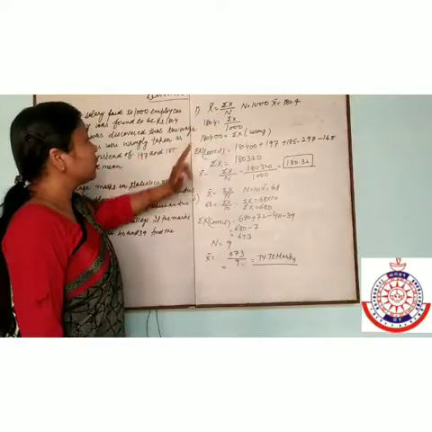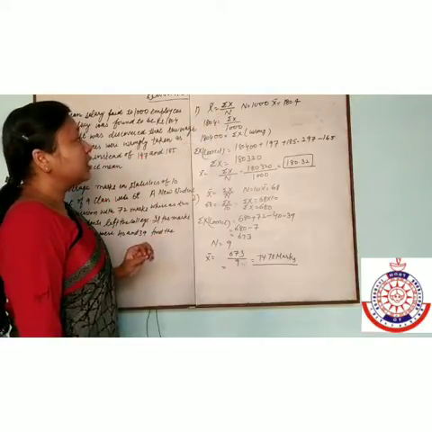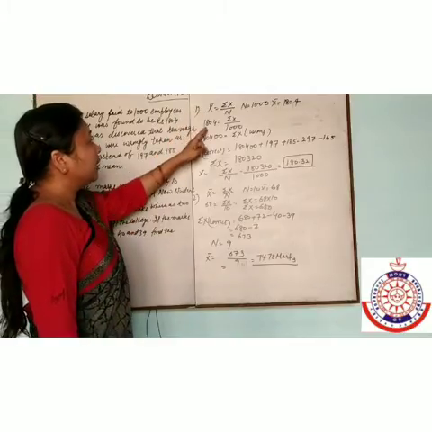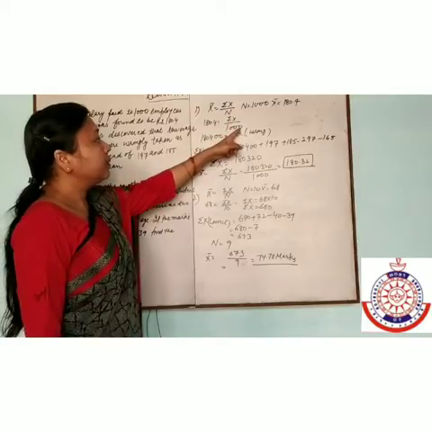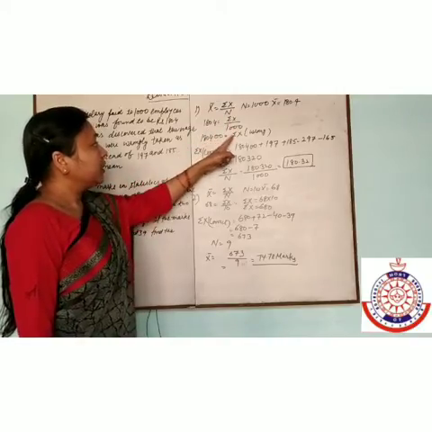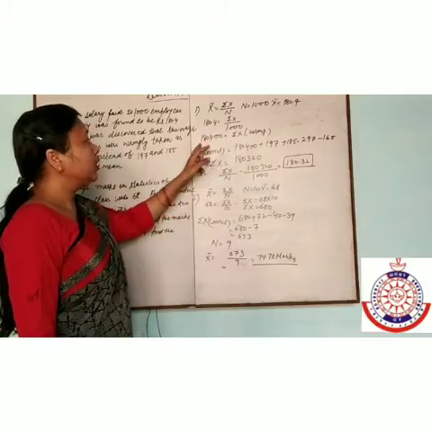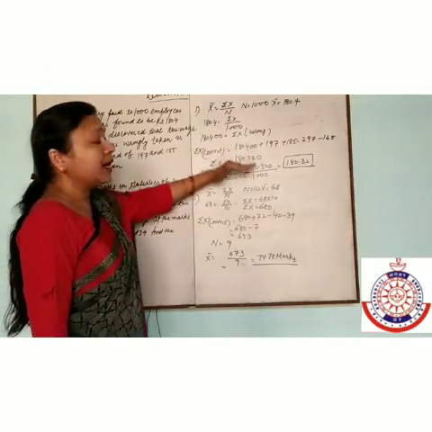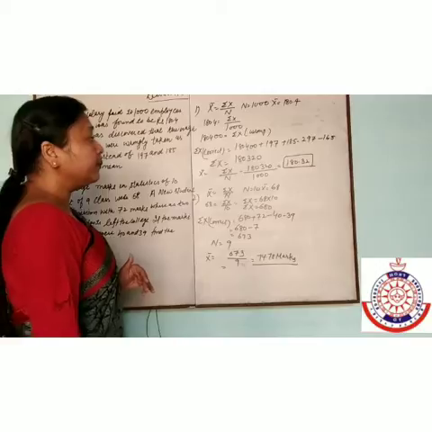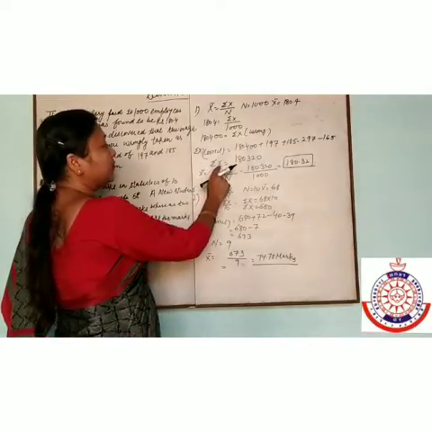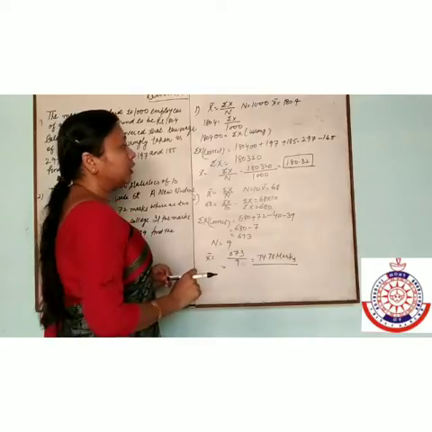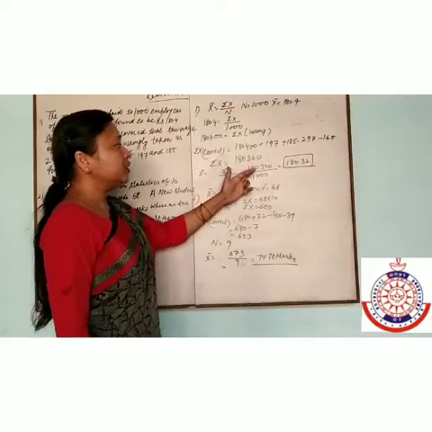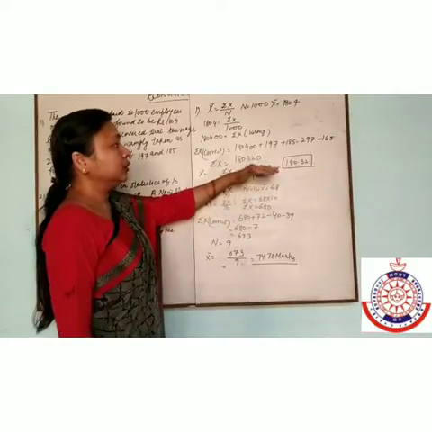First, x bar is equal to summation of x by n. Here n is equal to 1000 and x bar is equal to 180.4. So 180.4 is equal to summation of x divided by 1000. Cross multiply, then summation of x wrong is equal to 180400. For correct summation x, we will add the correct value and subtract the incorrect value. Then summation of x is equal to 180,320. X bar is equal to summation of x by n, 180,320 divided by 1000, that is